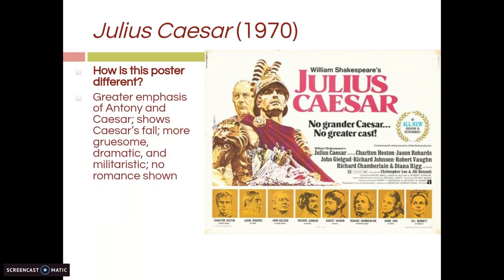Of course, you can see here there's a greater emphasis on Mark Antony and Caesar. They're both more prominent on the movie poster. They're the only two characters that are very large. And again, you see Caesar kind of in the background, right up against Mark Antony, showing you the close-knit relationship that they have. And of course, you see Antony overpowering everyone, kind of overpowering the death of Caesar. Caesar bludgeoned to death here. They're showing that action. So there's a greater emphasis on Caesar's fall, greater emphasis on the militaristic aspect of the